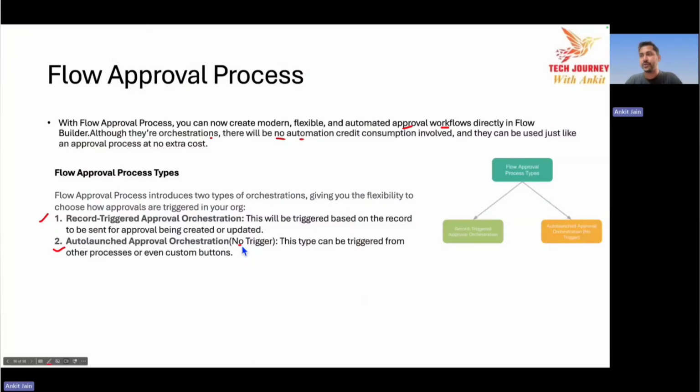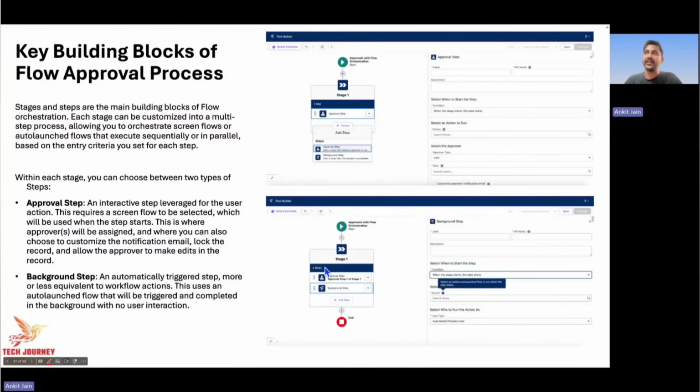It is something which you can be invoking either from the triggers or from the Apex code or from the link or the custom buttons as well. So basically, this is the no trigger orchestration. Now, whenever you are designing this flow approval process, there are few key blocks that you should understand about